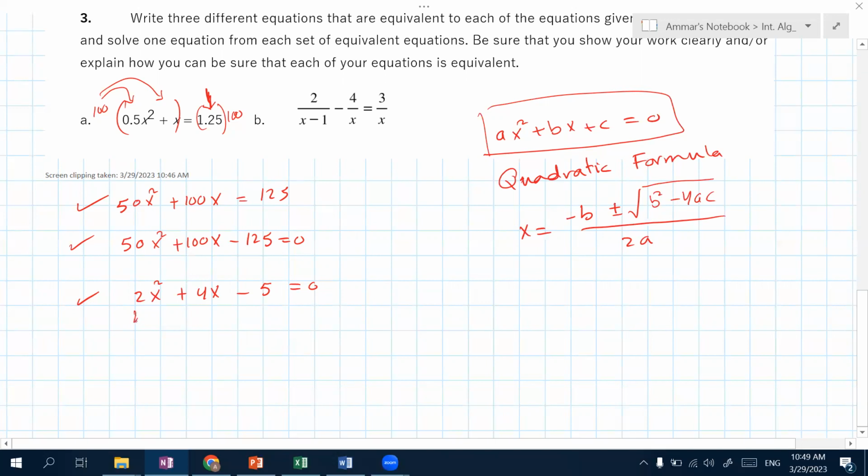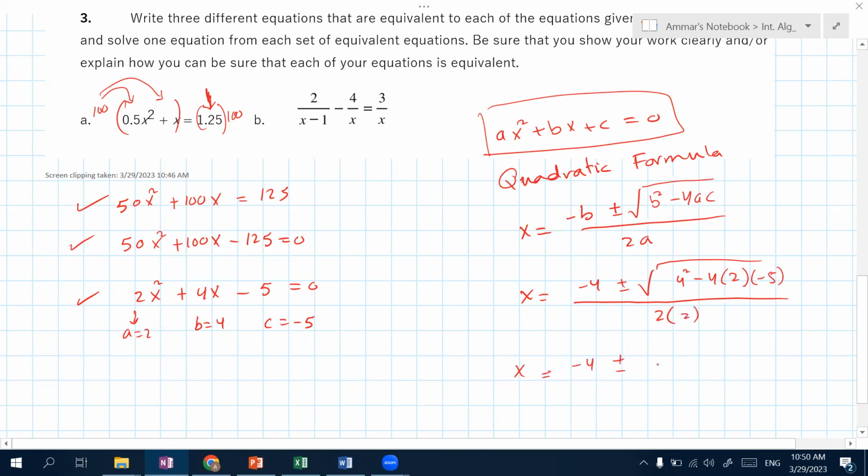So in this case, a is 2, b is 4, c is negative 5. And now we plug in these numbers into the equation. So we have negative 4 plus or minus the square root of 4 squared minus 4 times a times c, divided by 2 times 2. So x is equal to negative 4 plus or minus. We have minus and minus, this becomes a plus. So we have 16 plus